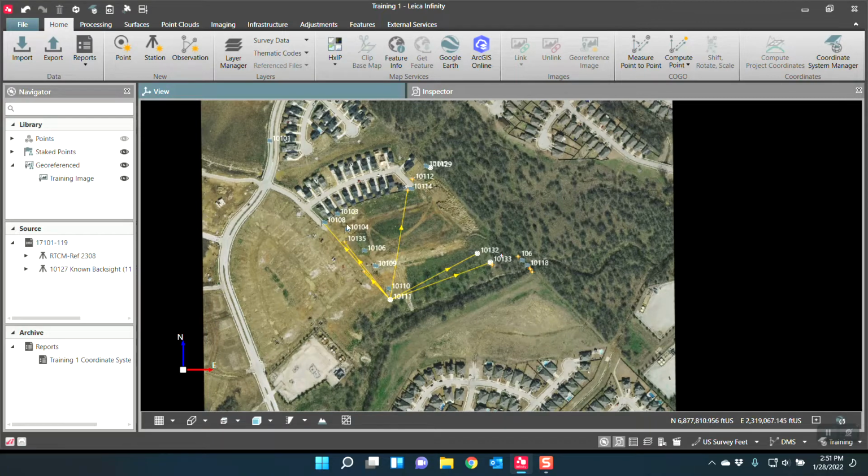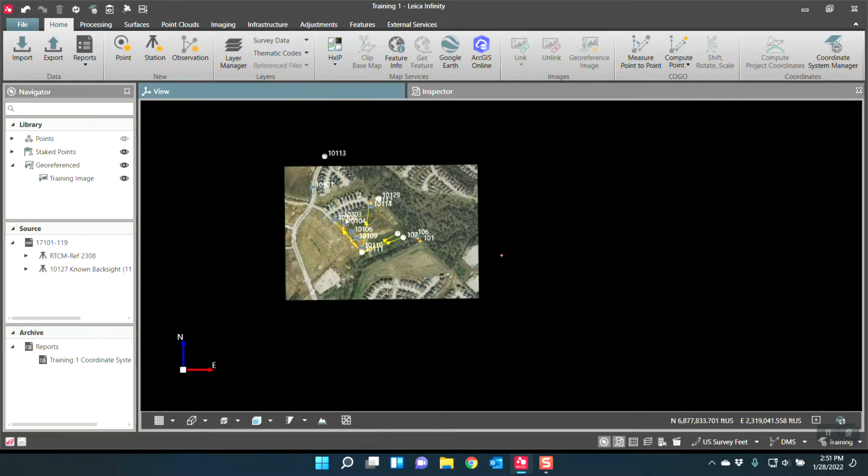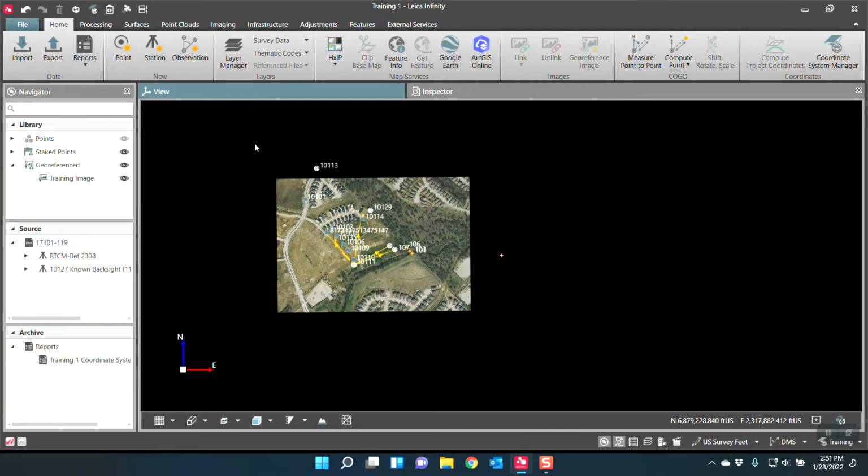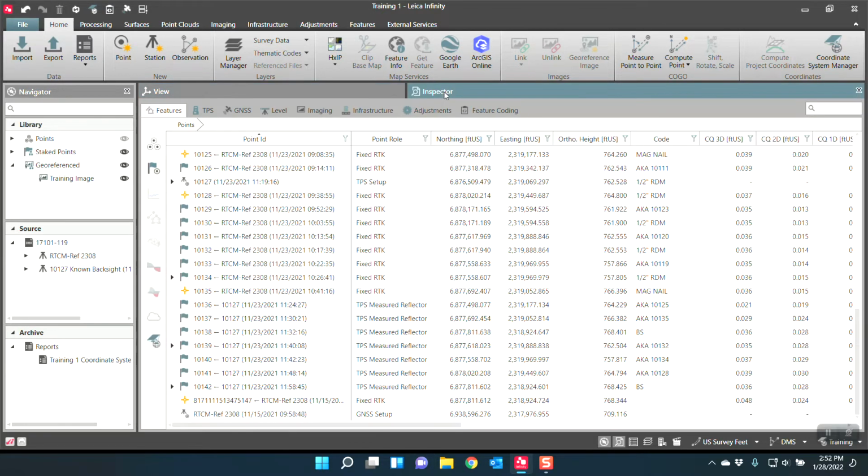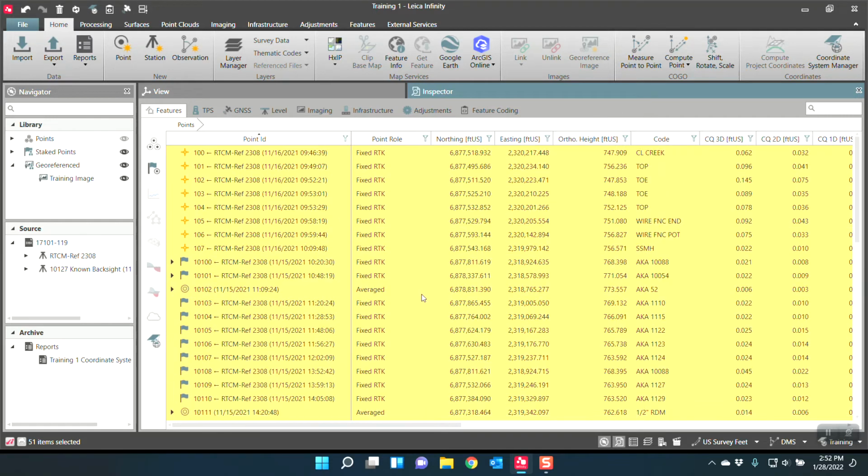So first thing I am going to do is export out all of the points. You can do that by holding down selection on your viewer and drawing a box around the points, or going to your inspector, grabbing the point, holding down Control, pressing A. This selects everything. I can then hold down Control again, and I don't care about my reference station. There are certain points I can unselect by just holding Control. And then I can go export the selection,